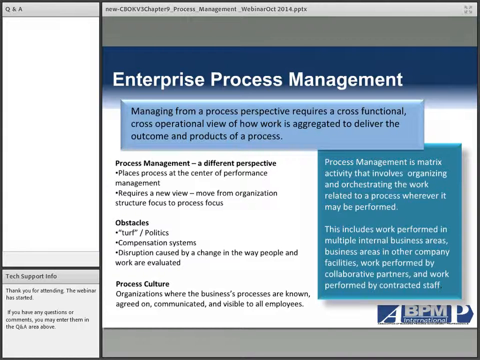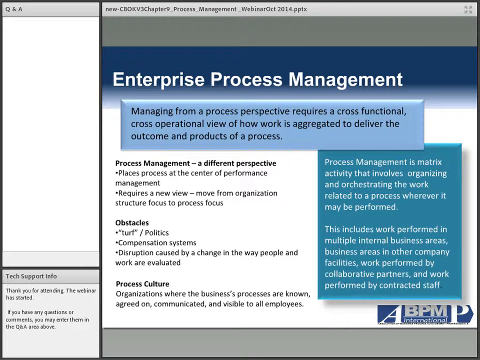An example of that is, if you want to promote, we'll say, collaboration at the process level, then you would want to strengthen the compensation system and the performance evaluation at the process level. If that's not the focus, then you would keep it at the individual business unit level. So the way that you deal with those compensation systems can have a definite and fairly dramatic impact on the willingness of people to cooperate with one another at the process level.